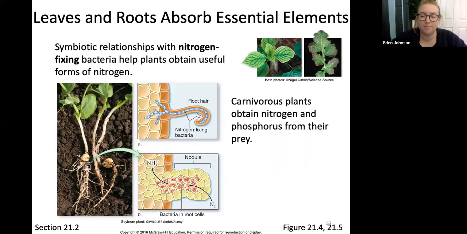Now, we talked about macronutrients and micronutrients. Sometimes though, plants absorb nutrients in a way that they cannot use. Where that becomes important are things like nitrogen fixing bacteria. And this goes with why farmers, I see it out here in Batesville all the time, instead of just growing corn every year,